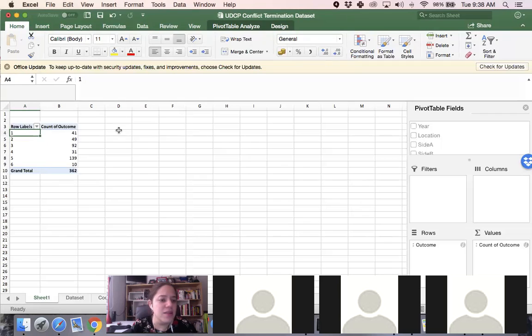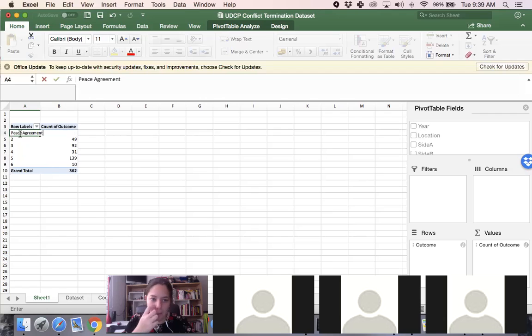Now I want us to change the labels so that we actually understand the meanings of these numbers, okay? So I'm going to put the cursor in 1, and I'm going to write peace agreement, because we want our table to look fine, to look beautiful. Ceasefire,